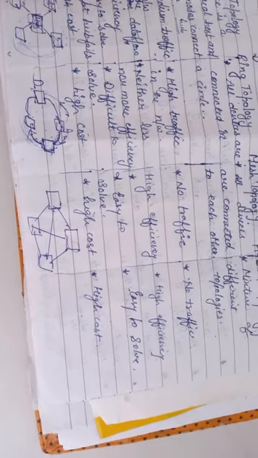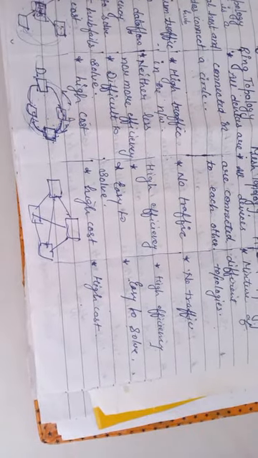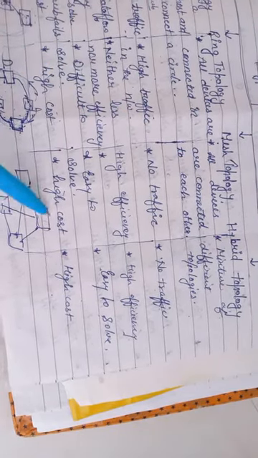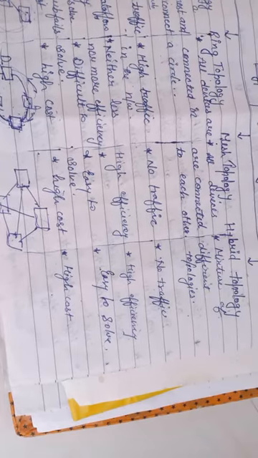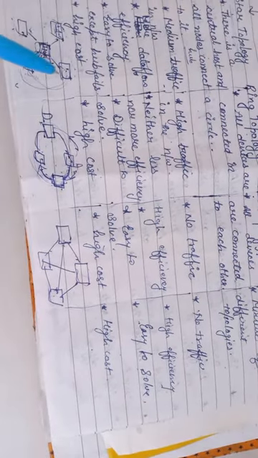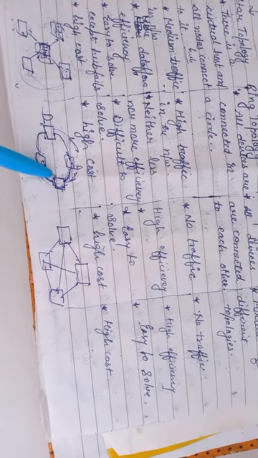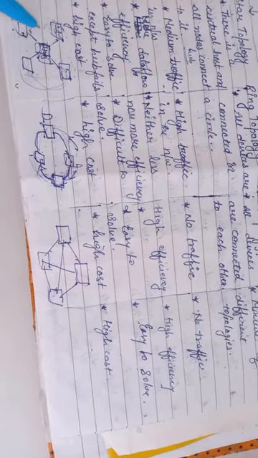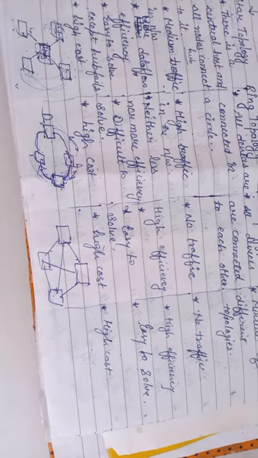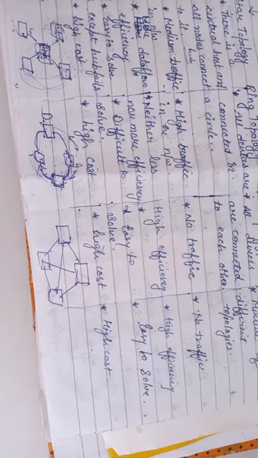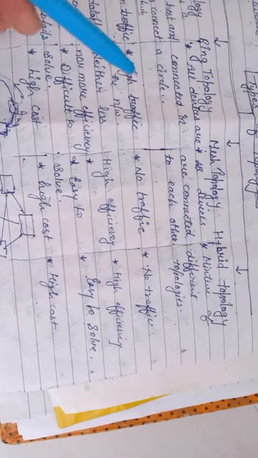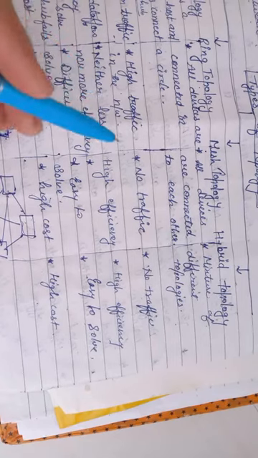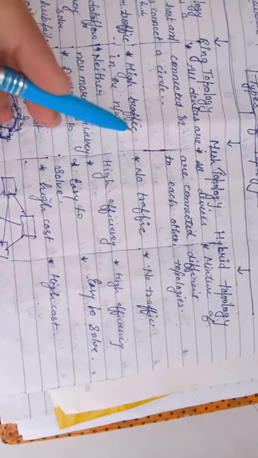Okay, so to improve the efficiency of these topologies, there is mesh topology. Mesh topology kya hai? In this all the devices are connected with each other directly. Like in the previous ones, all the devices were not connected, like B to D and A to C were not connected. In the case of bus topology as well, all the devices were not connected. But in case of mesh topology, each and every device is connected to one another, so that data can be directly transmitted to each other.